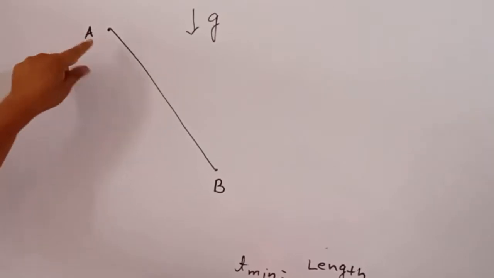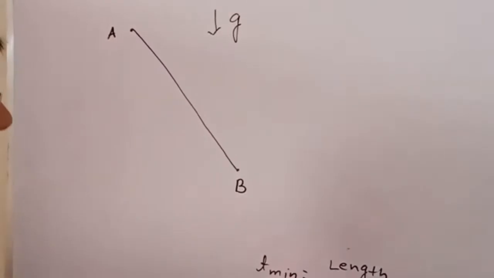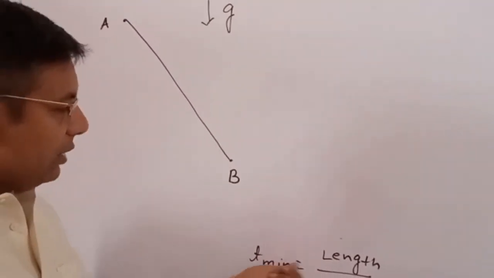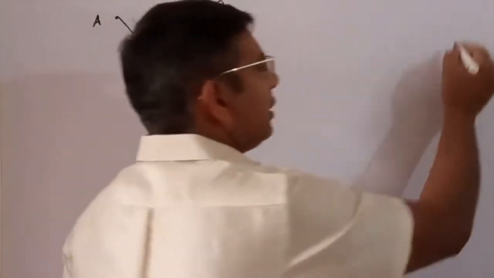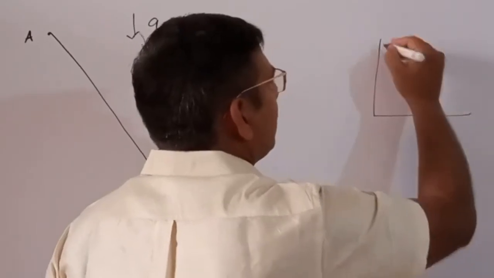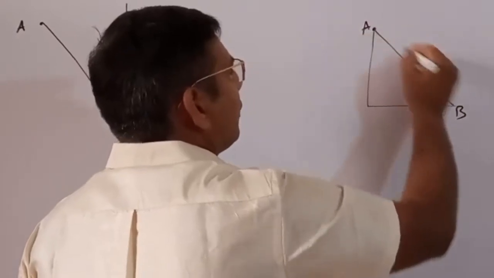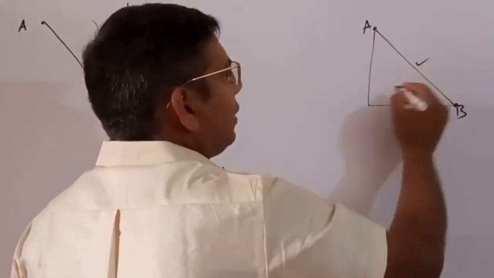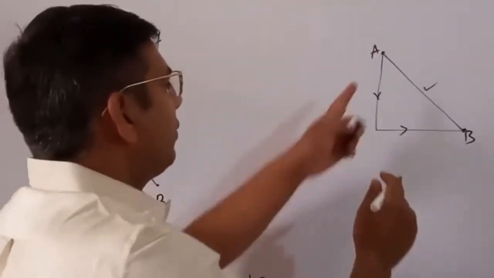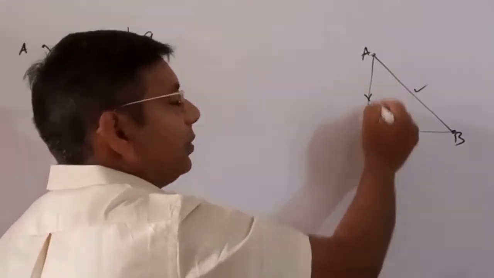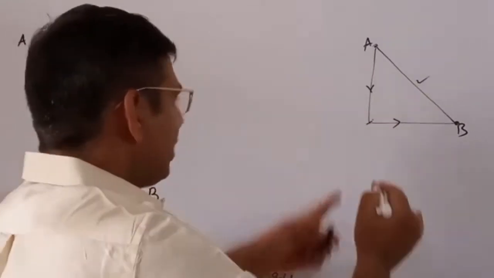The shortest path from A to B is this straight line, we know it. But this will not give the minimum time, right? Because the length is here, and some other ways are also there. Suppose this is A and this is B. From A to B, one way is this one. Now let's take this one. If we go from here to here, it will accelerate up to here, so obviously the velocity will be very high, most of the time. So this is a better choice than the straight line.